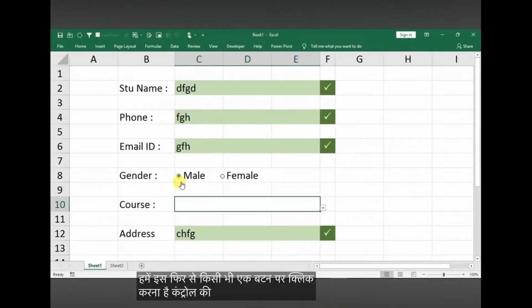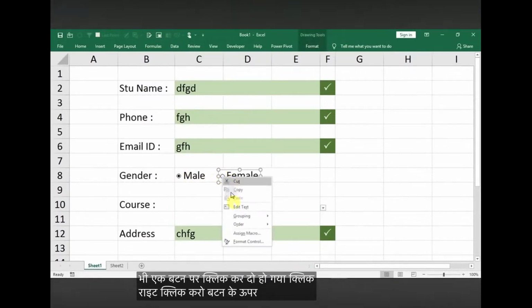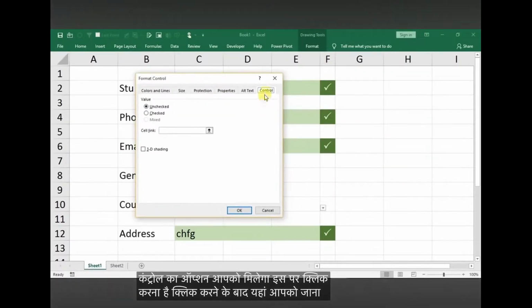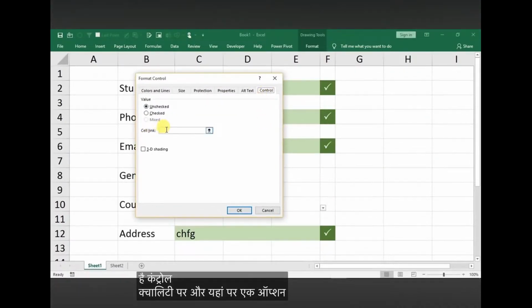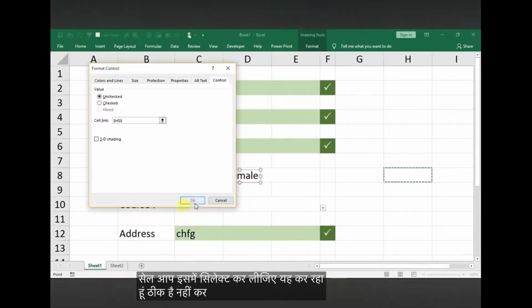अब हमें फिर से किसी भी एक बटन पे क्लिक करना है, कंट्रोल की दबा के रख लो और किसी भी एक बटन पे क्लिक कर दो, हो गया क्लिक, राइट क्लिक करो बटन के ऊपर, फॉर्मेट कंट्रोल का ऑप्शन आपको मिलेगा, इस पे क्लिक करना है। क्लिक करने के बाद यहाँ आपको जाना है कंट्रोल वाले टैब पे और यहाँ पे एक ऑप्शन है सेल लिंक, इसमें क्लिक करना है आपको इस बॉक्स में, और बॉक्स में क्लिक करने के बाद कोई भी एक सेल आप इसमें सेलेक्ट कर दीजिए। मैं ये कर रहा हूँ, ठीक है, मैंने ये कर दिया, ओके कर दिया।